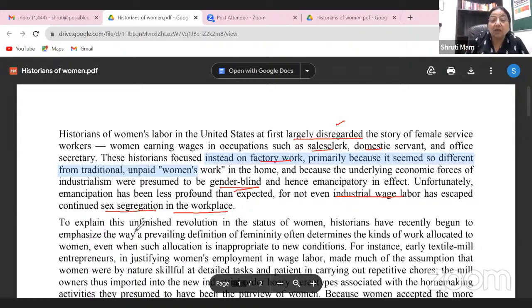To explain this now, see, because I scanned the question, look at how this leads me. Now I know I have to interpret this part. To explain this unfinished revolution in the status of women, historians have recently begun to emphasize the way a prevailing definition of feminine. So they tried explaining this by,